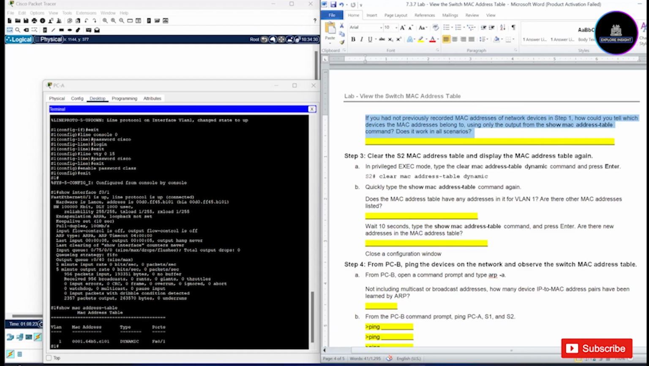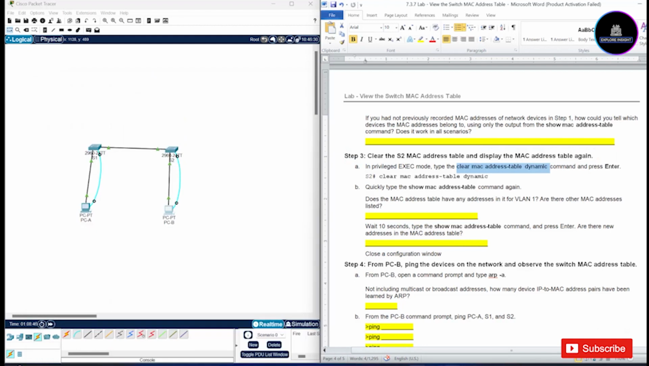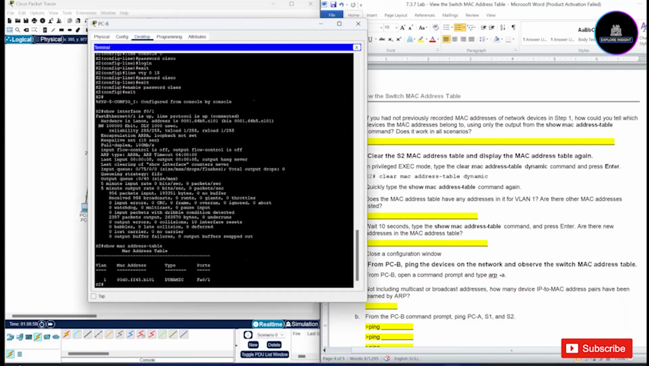Now let's go to step 3. Clear the S2 MAC address table and display the MAC address table again. So let's clear. How do we clear? We need to type this, clear MAC address table dynamic, and then press enter. So let me do that on S2. I'll come here and say clear MAC address table